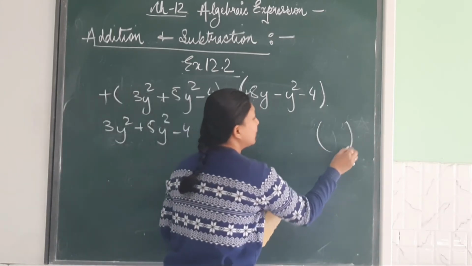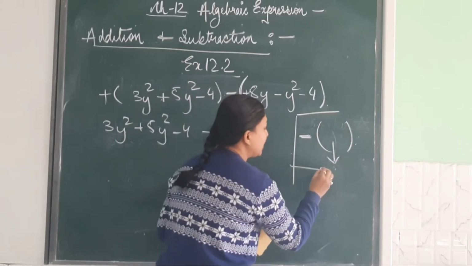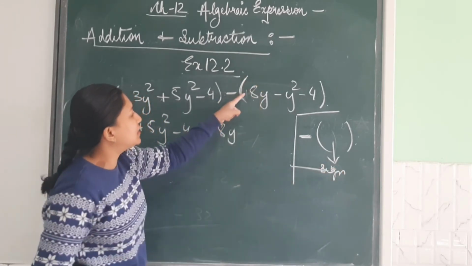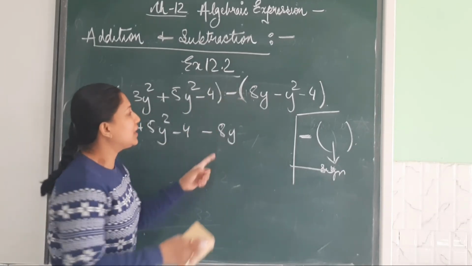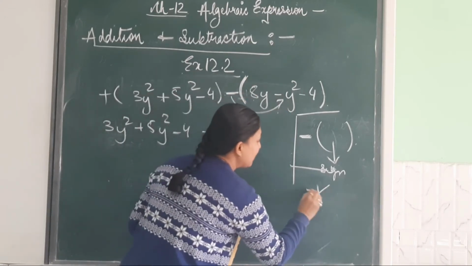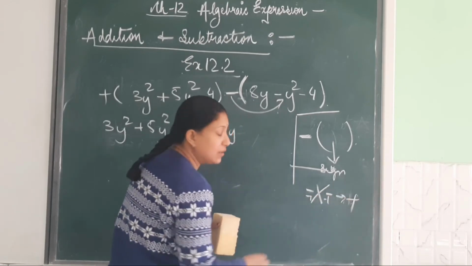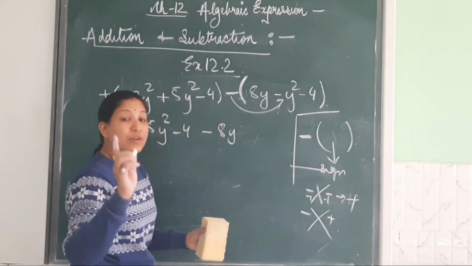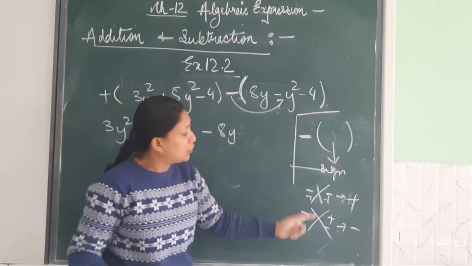See, what was the rule? I told you, if there is a negative sign, the numbers will be the same, but there will be a change in the sign. See here, what does 8 have here? Plus. What have we written? Minus. Change in sign. Same way, minus multiplied by minus. When you multiply the same sign, what do you write? You write plus sign. And when you have different signs, it is the law of multiplication, not the law of addition. So plus into minus or minus into plus. It is very easy to apply the law of multiplication.